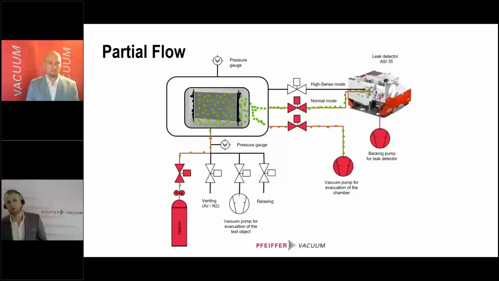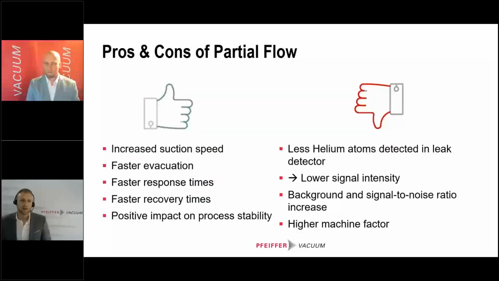In this example, you see that if there is a leak, the helium is sucked out of the chamber by both, on the one hand by the leak detector, and on the other hand by the vacuum pump. So this means that we have a partial flow into both units, and this has, of course, both advantages and disadvantages. On the one hand, you have an increased suction speed for your leak detector, because usually in the normal mode, for instance, you have this 1.8 liters per second. When you have a backing pump with 20 cubic meters per hour, this will be an additional support